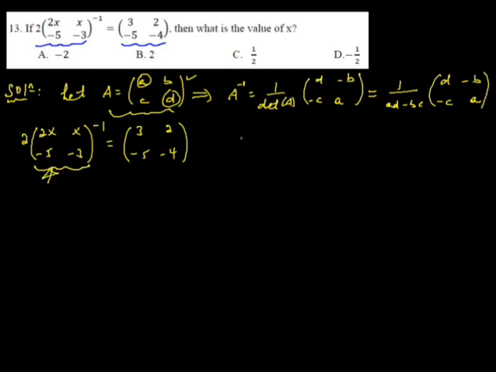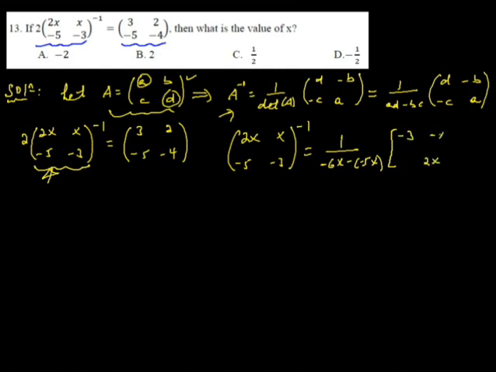Using this formula, the inverse of this matrix is 1 over its determinant, which is minus 6x minus 5x, times the matrix where we change the places of the diagonals, and the rest stay as they are with the sign changed. So the inverse will be 1 over minus x